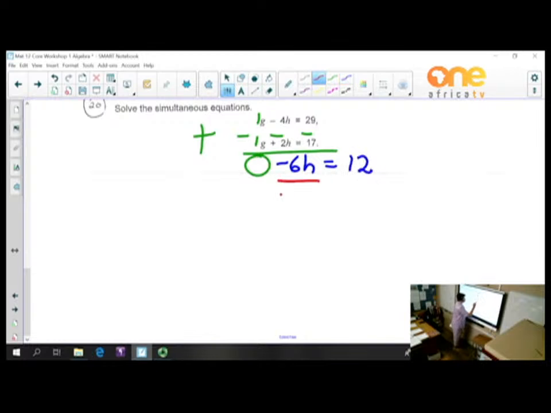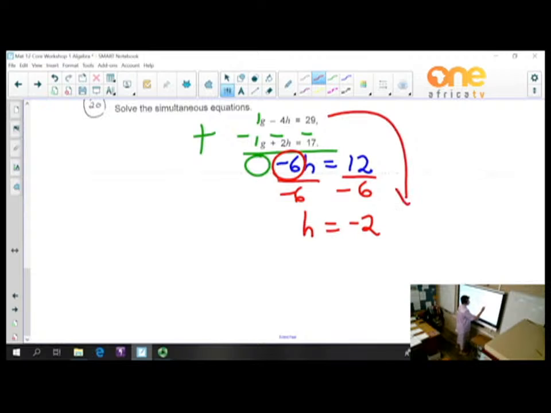Now I divide with the coefficient, so h is equal to -2. Remember, this is the coefficient. And then to find the other one, we substitute. So let's go back into this one. G minus 4h is equal to 29. So G minus